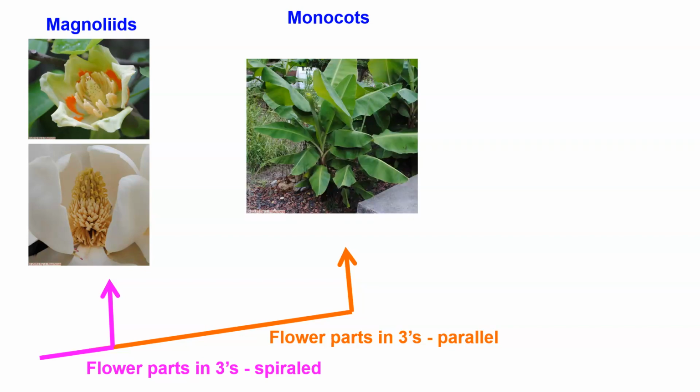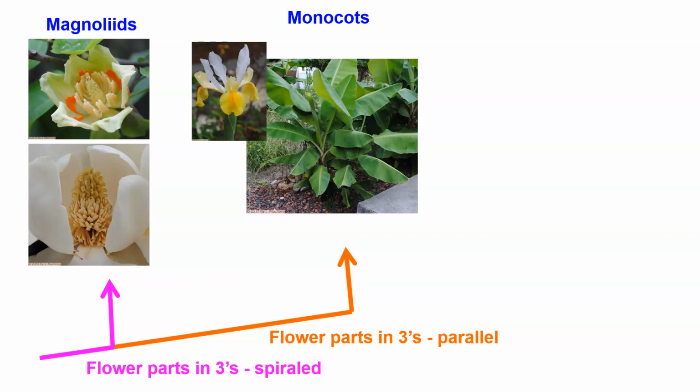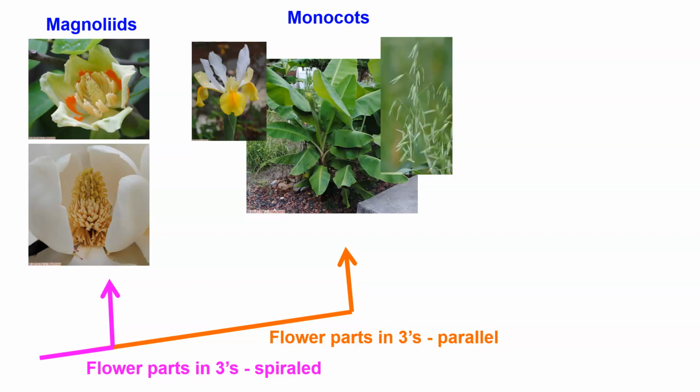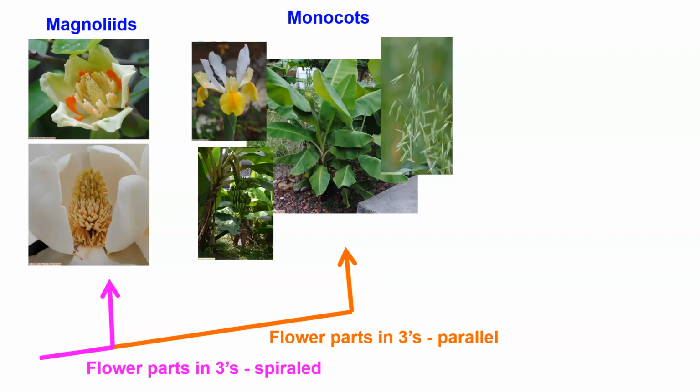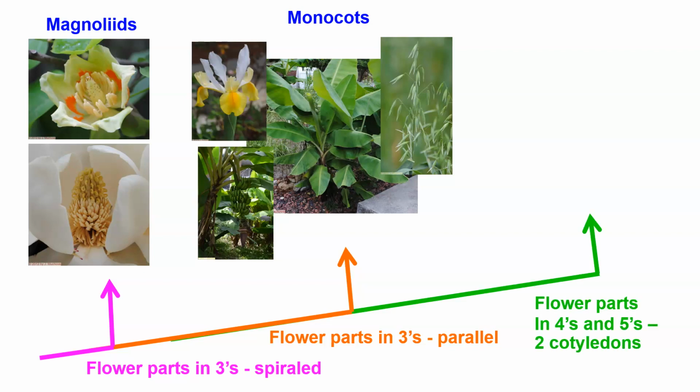This shows you a plant. This one happens to be a banana plant, but again, you've got parallel leaf veins because all of the veins come off and they're all parallel, which means the leaves often can fragment. This shows you an iris, and again, you've got parallel leaf veins on it. You know, often with monocots we think grasses. This is oats, and as such is a very interesting grass as well. Over here we've got the rest of the banana tree, and in this particular case it's got the bananas coming out. But we've got the flower parts in threes, we've got the parallel leaf veins.